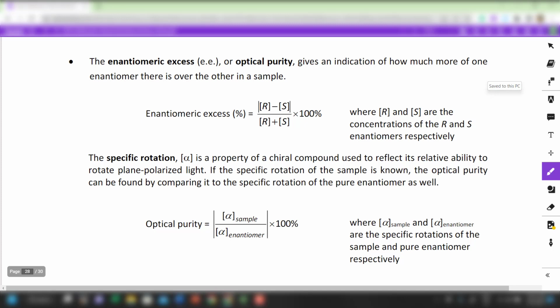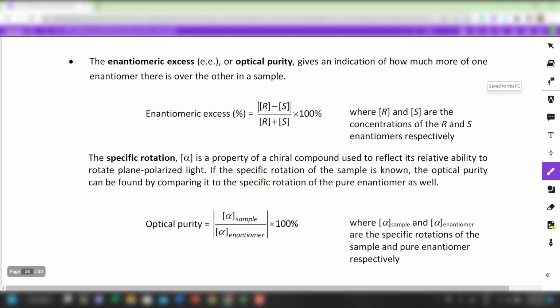Nowadays people are looking for an enantiomeric excess of 99% or even greater. So for you to achieve an enantiomeric excess of 99%, you must have 99.5% of R and 0.5% of S. If you do the calculation, that's how you get an enantiomeric excess of 99%, and that is quite difficult